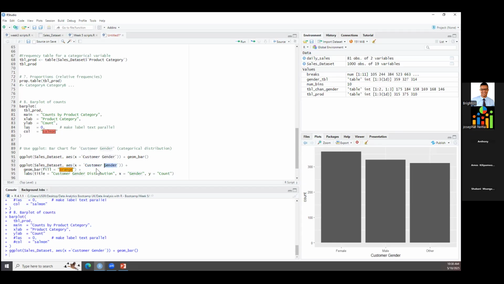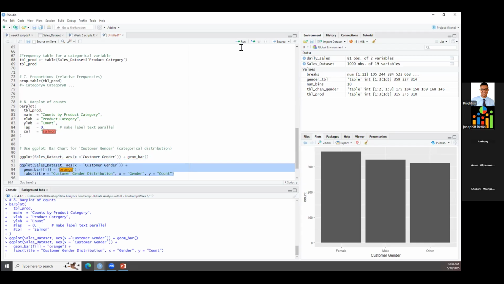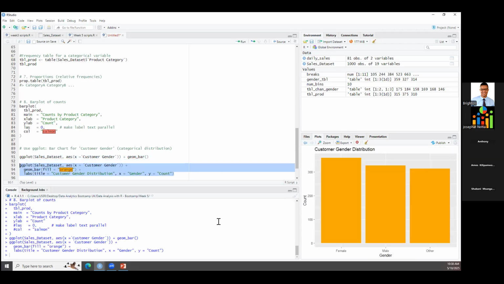We need to plot customer gender. So if you use geom_bar, it means it goes through the customer gender index and gives you the count for everything. So if you do this, slightly different, but the same results. The only difference is that we have a title here, we have a count, we have gender here, and then we have the categories for that gender, male, female, or others. Let me know in the chat if that is clear. If that is clear, we can move to another thing,